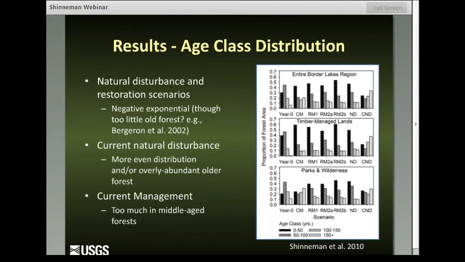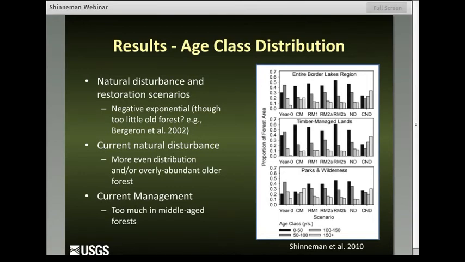In terms of other measures, we looked at things like the metrics of landscape forest pattern, as well as age class distributions. Here we're looking at age class distributions. And you can see that if a goal is to return some of the landscape to a sort of negative exponential distribution of age classes, which would be expected for boreal forests with the standard replacing fire regime, and we just look at the top graph, which is the entire Border Lakes region, again, we can see